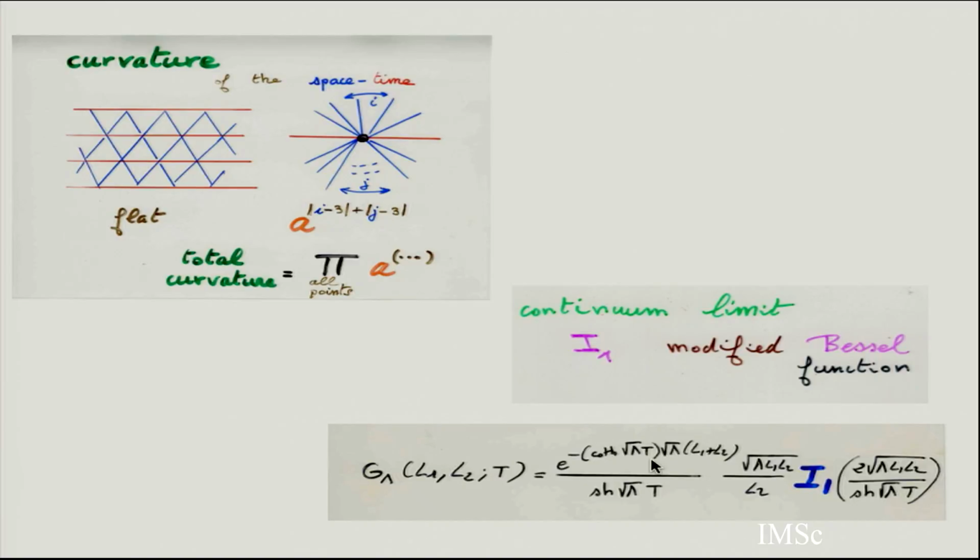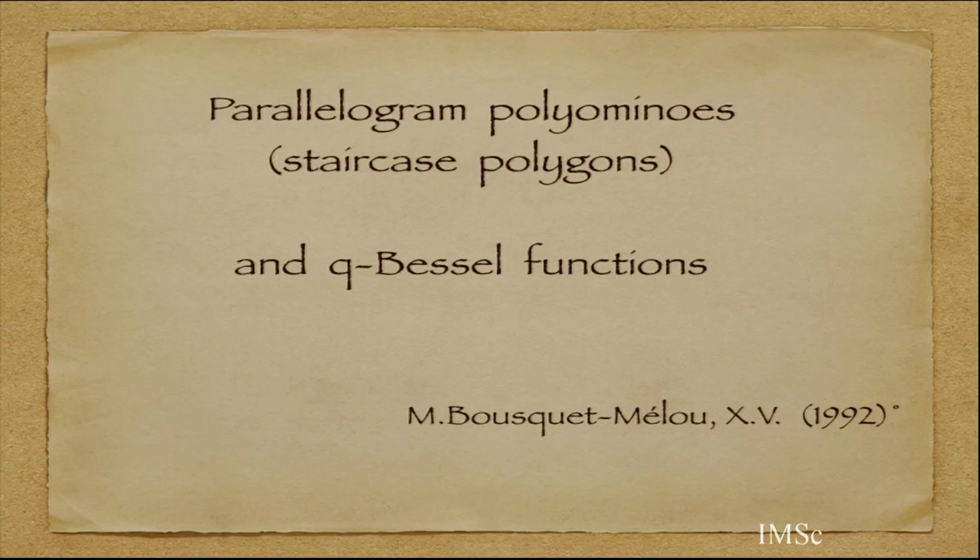From a commutative point of view, if you want to have a continuum limit, it's better to put a q-analog, everything goes commutatively, and then q tends to 1, and this gives you back the continuum limit. So an open problem is to do the q-analog of this with a curvature, and maybe to explain the appearance of the Bessel function in this 2D quantum gravity. But I will explain the appearance of the Q-Bessel function in 2 physics problems, the staircase polygon problem and the solid-on-solid problem in statistical mechanics.